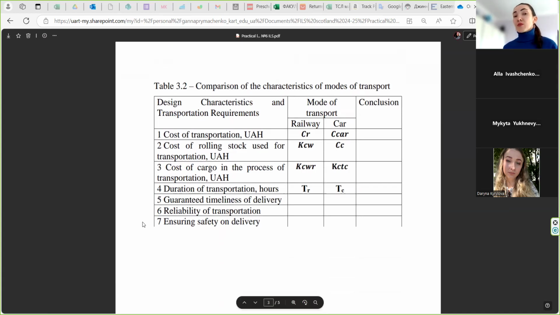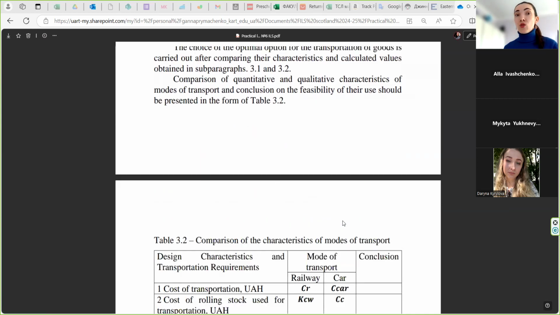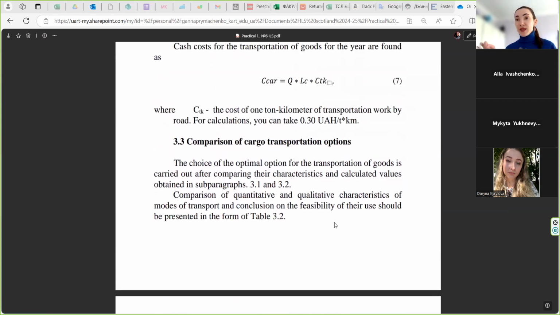We make the same table and write our calculated parameters for our variant, and find the answer which type of transport is better for us. So we do it in the second part of the lesson. Okay, I stopped using